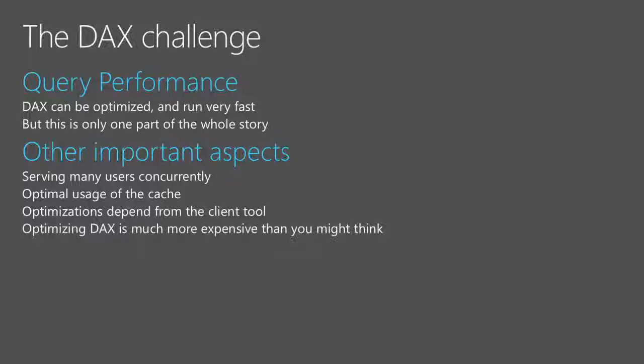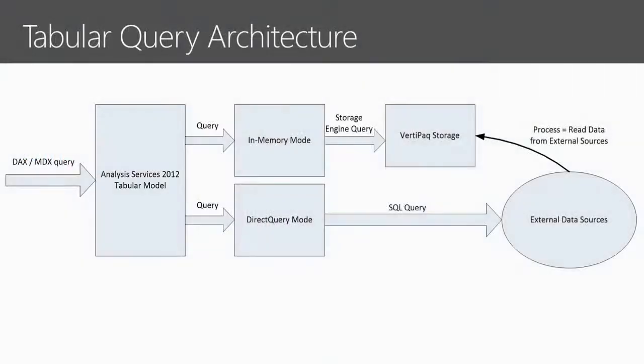So there is a lot of information that you have to know, but these days we have some tools that we can use. How it works: when you run a query to Analysis Services or to Power Pivot, the engine receives a DAX or an MDX query. Regardless of the language, a query plan is generated if you work in memory. There is another option, which is DirectQuery, which we don't consider in this session. In DirectQuery, your DAX query is translated into a SQL query, and the engine is SQL. So you can do all the optimization that you want in SQL. But if you want to get the real performance benefit of tabular, you have to go in memory.